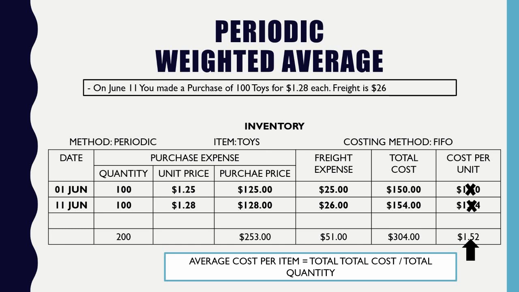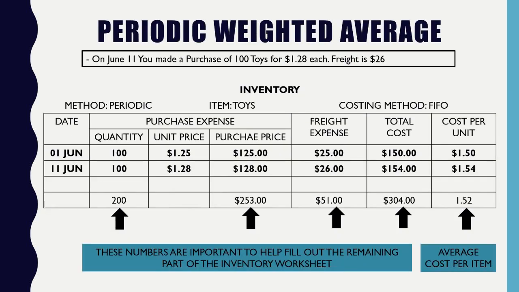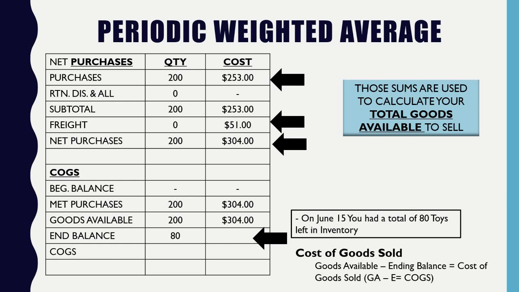No. Okay, so there you go, average cost. So then we're going to take these numbers and plug them into the bottom part of our inventory worksheet once again. You're plugging all your numbers in here, right? We don't have beginning inventory, so when we solve for our net purchases, we carry it down. And here it is. Since we don't have beginning inventory, our net purchases become our